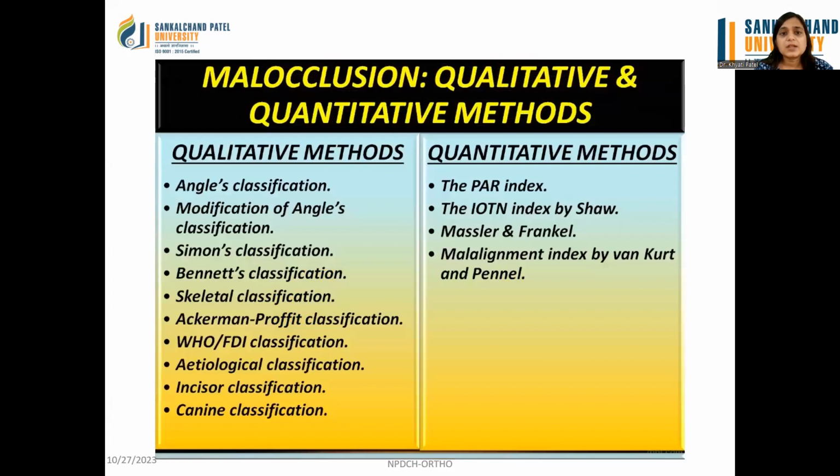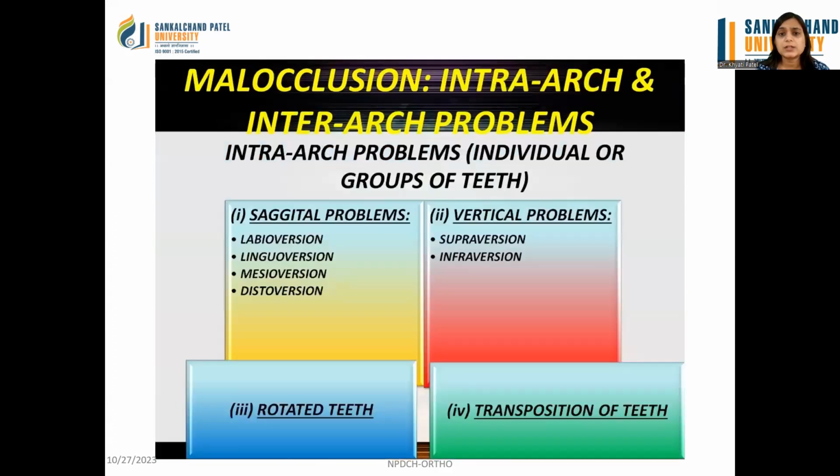So if we consider the qualitative method, the Angle's classification, different modifications of Angle's classification, Simon's classification, Bennett classification, these all classifications come under qualitative methods. But if we focus on quantitative methods, there are different indexes in that part. The first one is the PAR index, IOTN index, then all the IOTN modified indexes; this all comes under quantitative